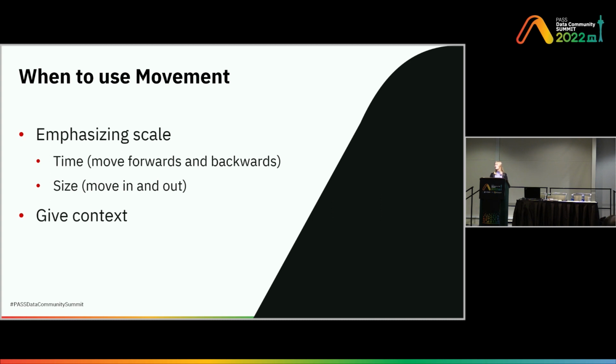So this movement strategy is very effective when emphasizing any sort of scale, be it size or time. Zooming in and out can show size. Moving left and right can show time. Left generally means the past. Right generally means the future, so you can use that. If you want to empower your data to invoke a future response, it could be as simple as using a slide transition in your PowerPoint to suggest the change going forward rather than cutting over to the next slide. It can be these really tiny mental things that make it click for your audience.